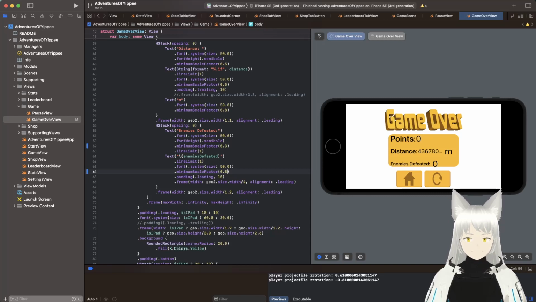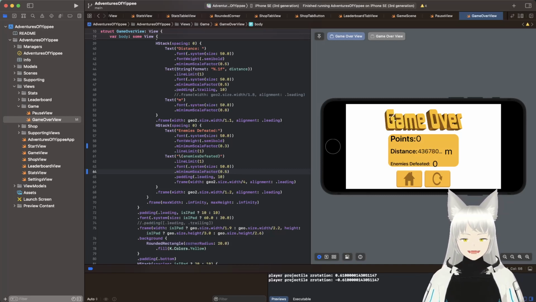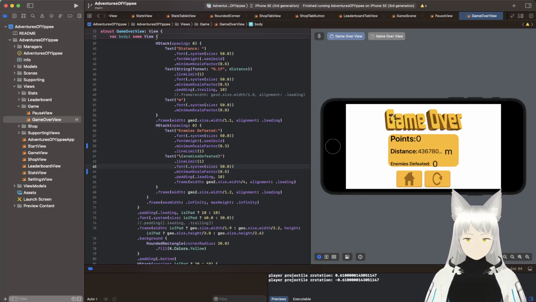I think it doesn't really do anything past a certain number. Yeah, I think we've got like 0.7 is our limit there. But yeah, we're trying to make that little 0 a little bit smaller as we do. I think what we can do is we can probably increase the width here and make it a bit wider,